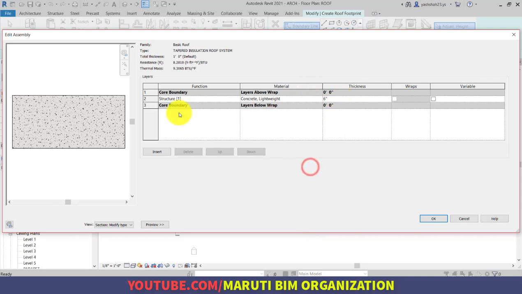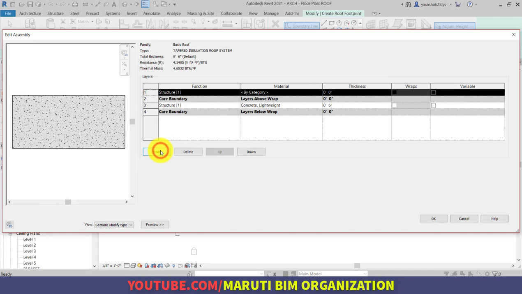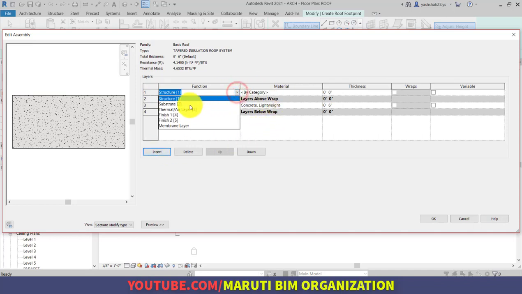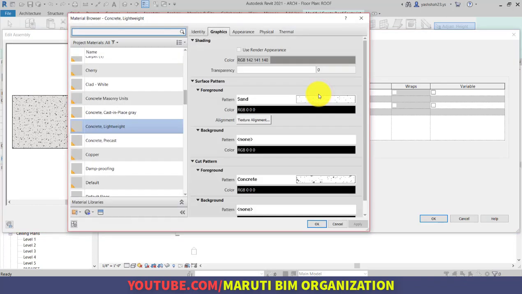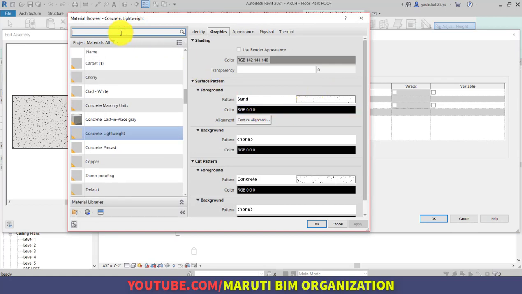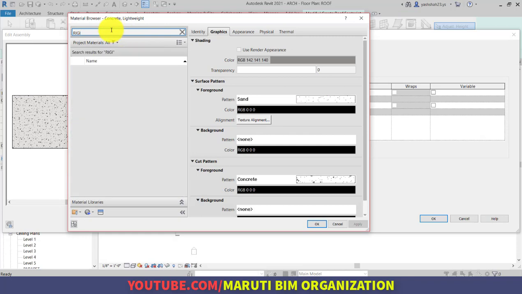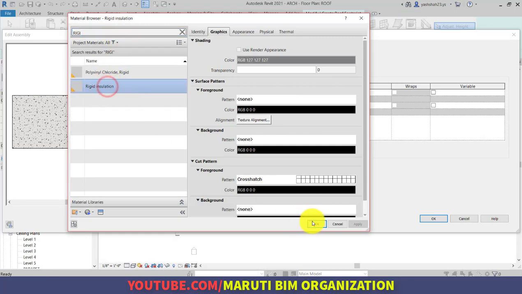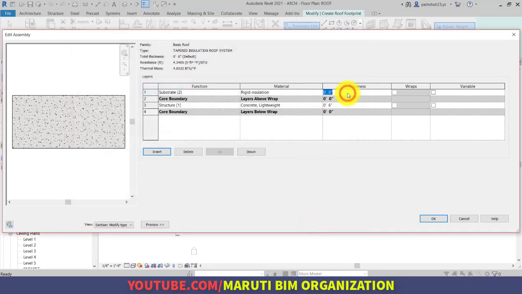Now we want to add two more layers, just like we have added in the floor. Similarly, in the roof, we can also add the layers. So first layer is substrate layer and material rigid insulation, thickness is 6 inches.